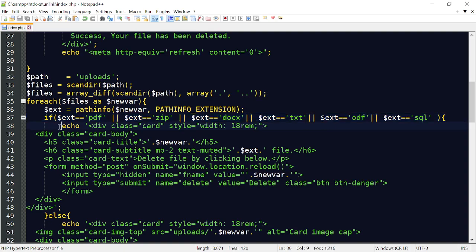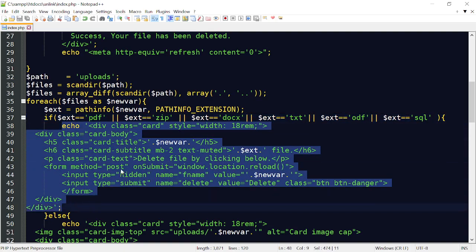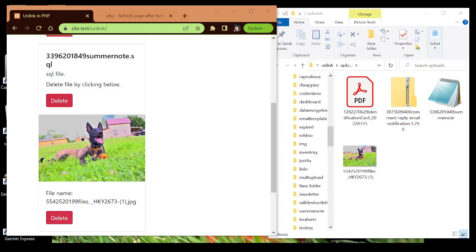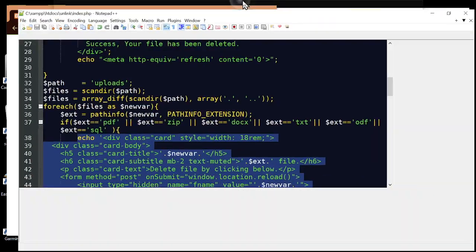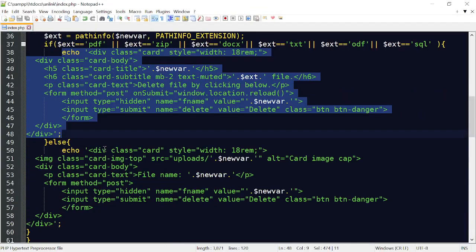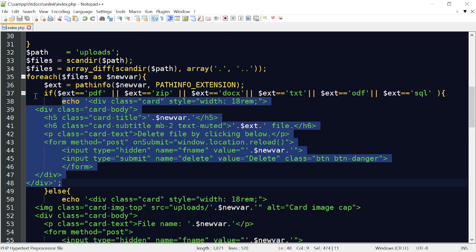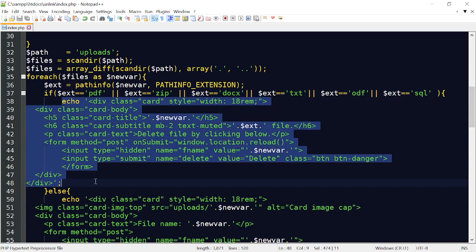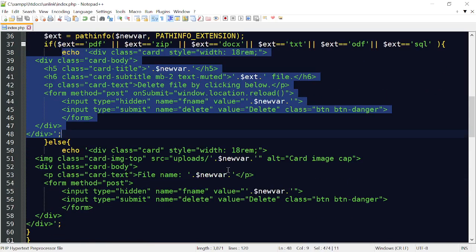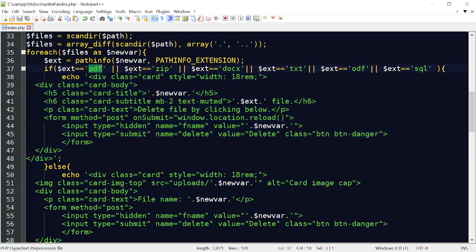And then here's where the cards get echoed out. This is that Bootstrap 4. And if we didn't have that, these images wouldn't be in a nice, neat order. They'd be all over the place, okay? So now, if that doesn't happen, what we'll do, if it's one of these files, we'll go ahead and echo them out. However, if it's an image file, okay,